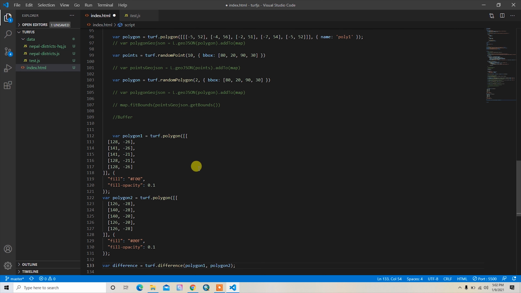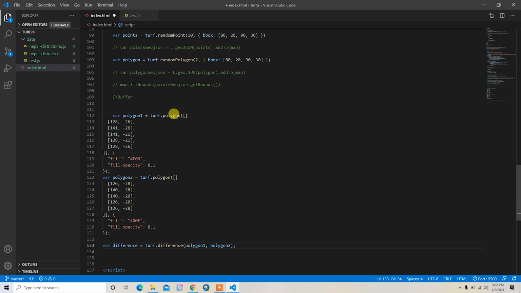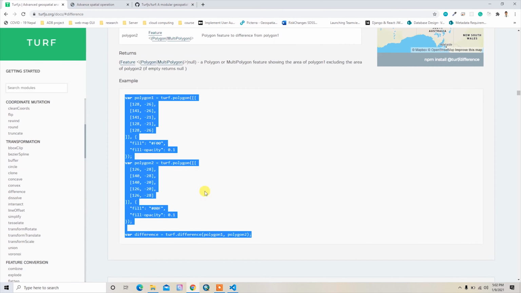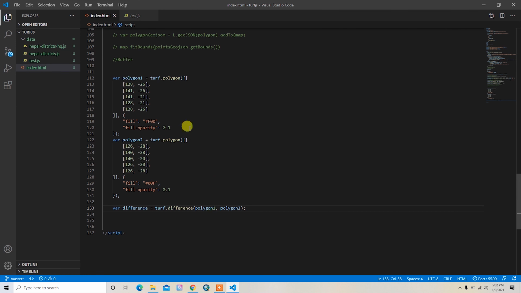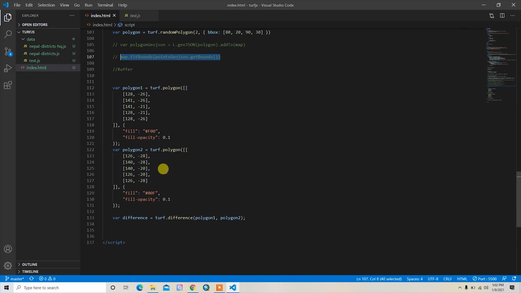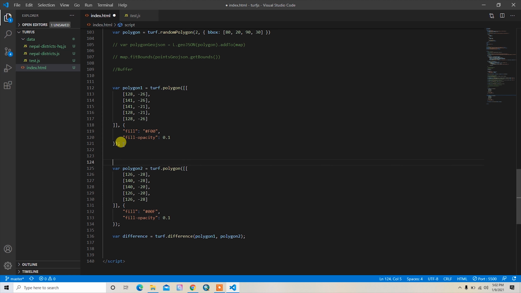Here polygon 1 was created by turf.polygon, and polygon 2 was also created in the same manner, and then we can take the difference between the two polygons. For better understanding, we can add polygon 1 and then polygon 2 to the map. So let's add